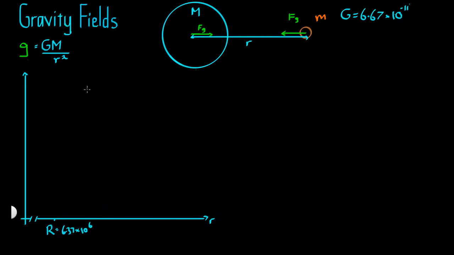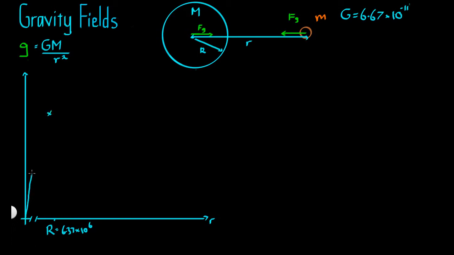Now the first thing we need to realize is that for this mass here, you can't go any closer to this mass than big R, the radius of the mass, because once you do that you're actually going inside the surface of this mass, and the equation no longer applies because, well, the best way to think of it is some of the mass is behind you pulling you back, so you can no longer use that big M. So before you get to this R value here,